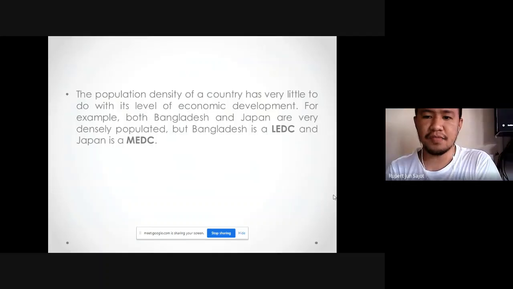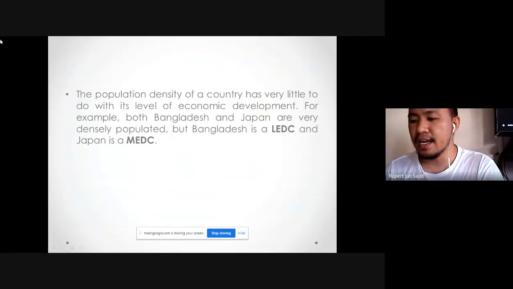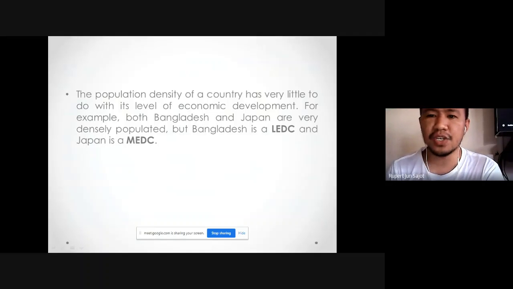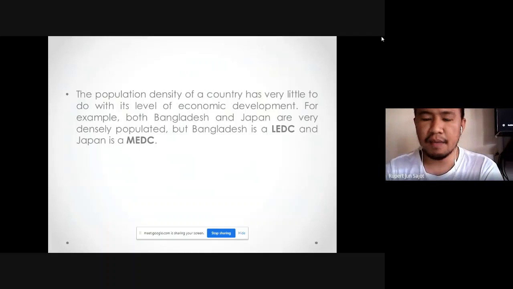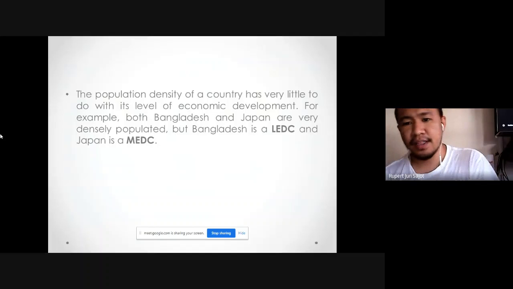Say for example, Japan exponentially had economic growth after World War II because of some policies that they created and also the traditions that they have to live up to. While in Bangladesh as well, they may have reached their freedom from India maybe later after World War II. That's why they are not that developed, because they're still very new when we talk about nationhood, and probably the policies of this country and its culture and tradition. So there are quite a lot of factors why we can consider that densely populated countries don't really have